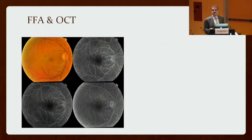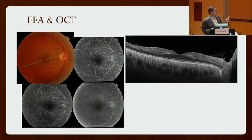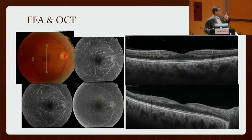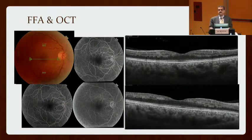And then I magnified the fluorescein for you, and look at it. You can find nothing. There is nothing to count on for explaining the diminution of vision. And this is his OCT. Look at this. Multiple line scans. This is one line, another line, vertical line, horizontal line. What do you see in there? Just a tiny hyperreflective lesion at the level of the inner nuclear layer. What is this? And I delineate this. A very tiny hyperreflective lesion at the level of the inner layers, which explains the scotoma and explains the diminution